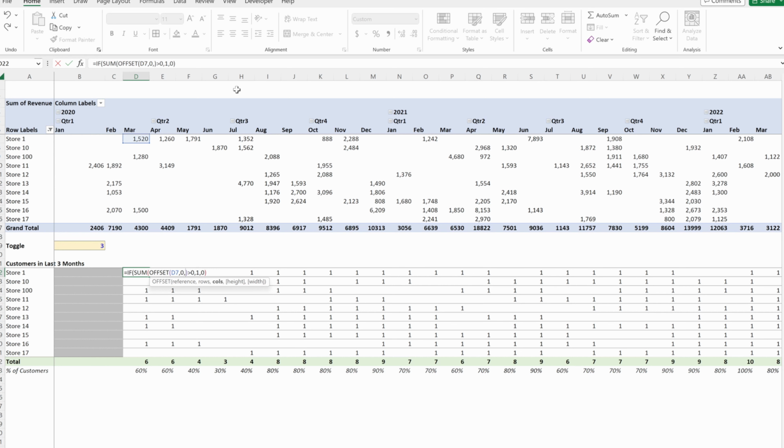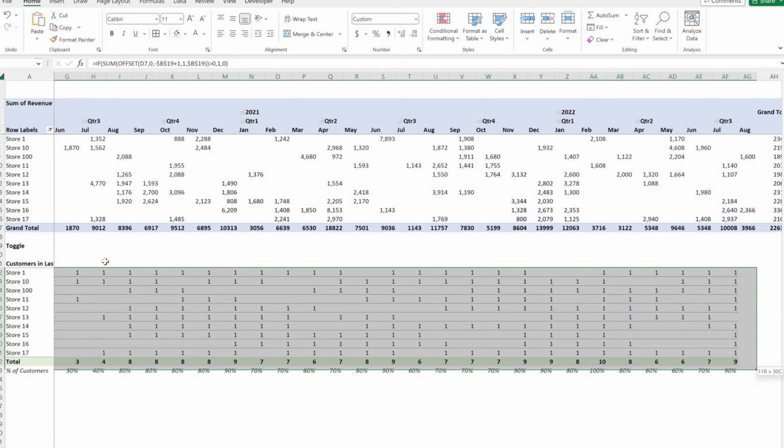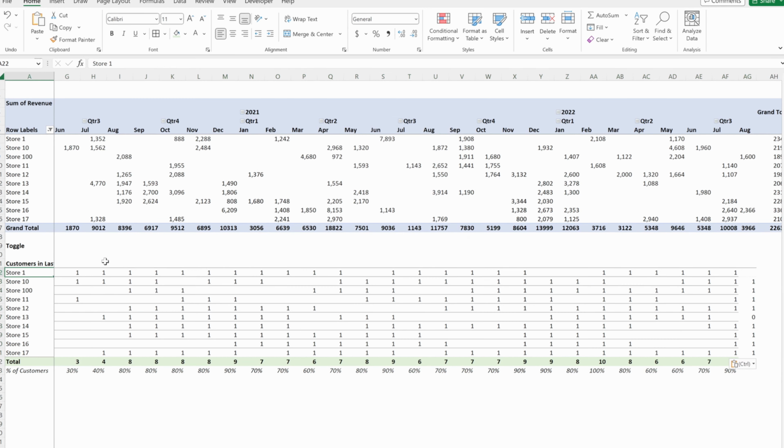I want to offset my columns to the left. So I want a negative of my toggle, F4 to lock that in place, +1, as I want to move my cell reference 2 columns to the left. My height, I want to be 1 for 1 row. And then my width, I want to be equal to the toggle, as I want 3 columns in my array. If I close that parentheses and hit OK,